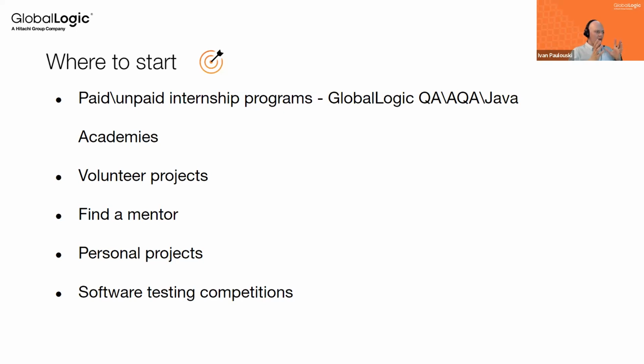For sure, this will be paid or unpaid internship programs. As an example, in GlobalLogic, we have various types of academies available, like the Java Developer Academy, the test automation engineer academy, and the quality assurance engineer academy,